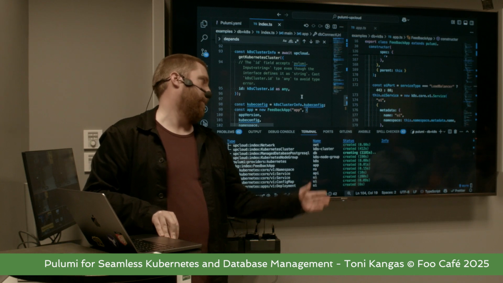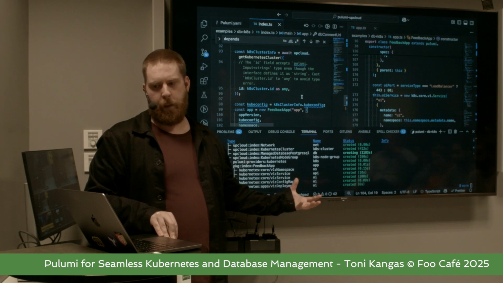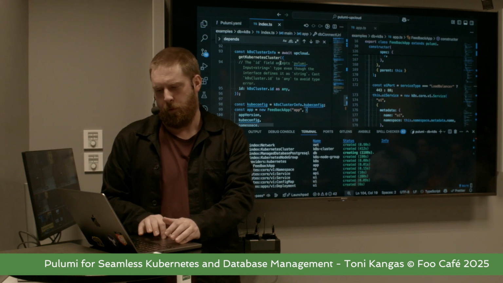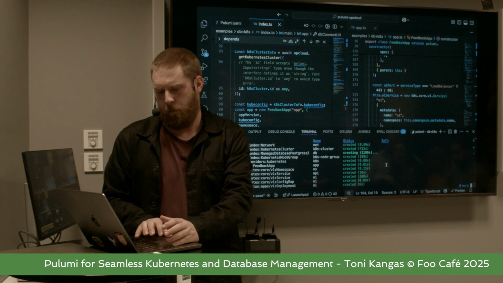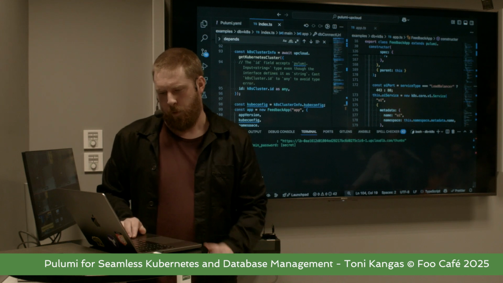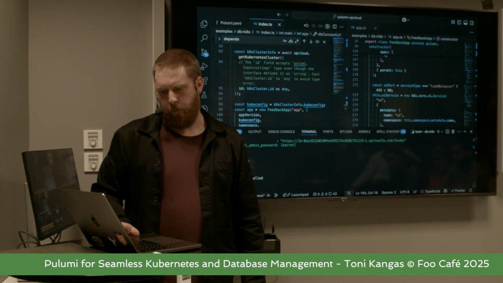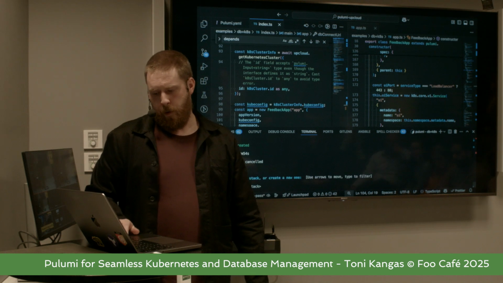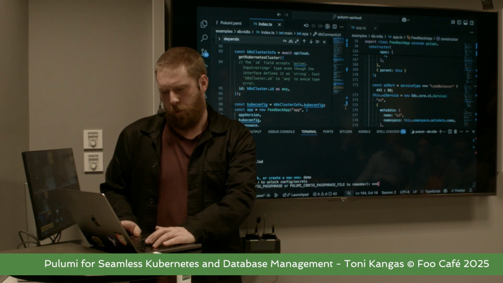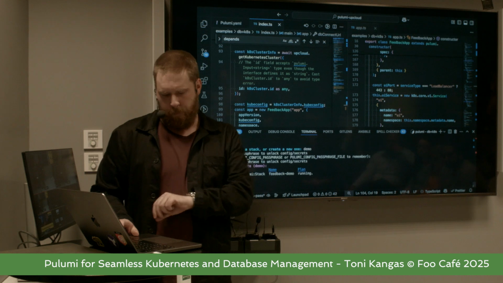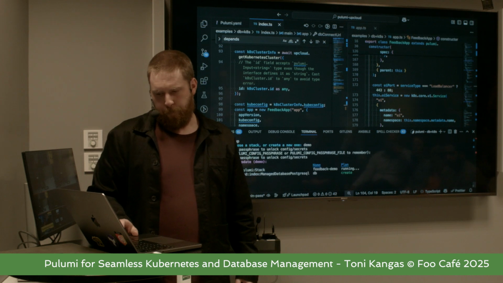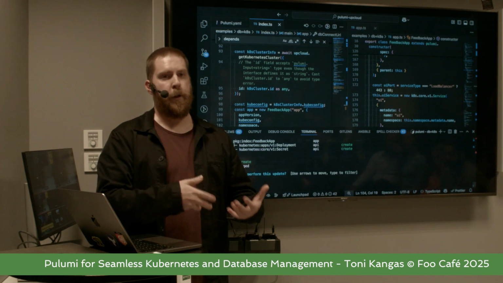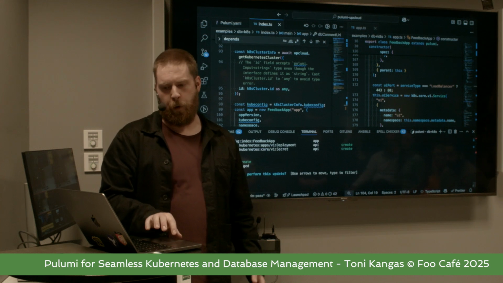So what happens if we then try to recreate this whole setup? Let's try. So canceling the update, or create operation in this case. Let's try to run that again. And Pulumi should notice that everything else is up to date, and we only